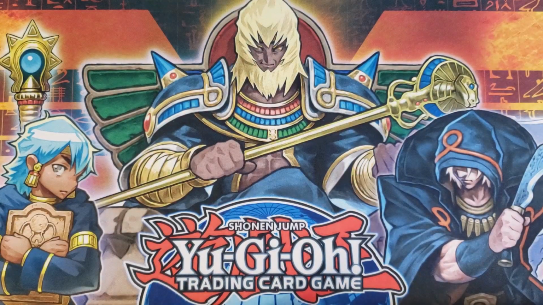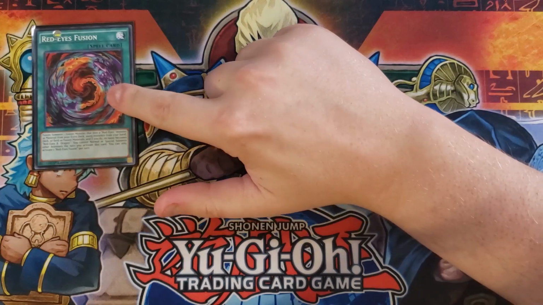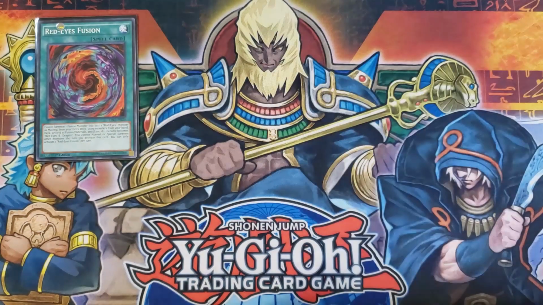So for the spells, we're going to be playing a single copy of Red-Eyes Fusion. It's basically here to go into your copy of Red-Eyes Dark Dragoon. Yeah, you do play it in this particular deck. You don't have to. You can drop it out if you want to. It is a 40-